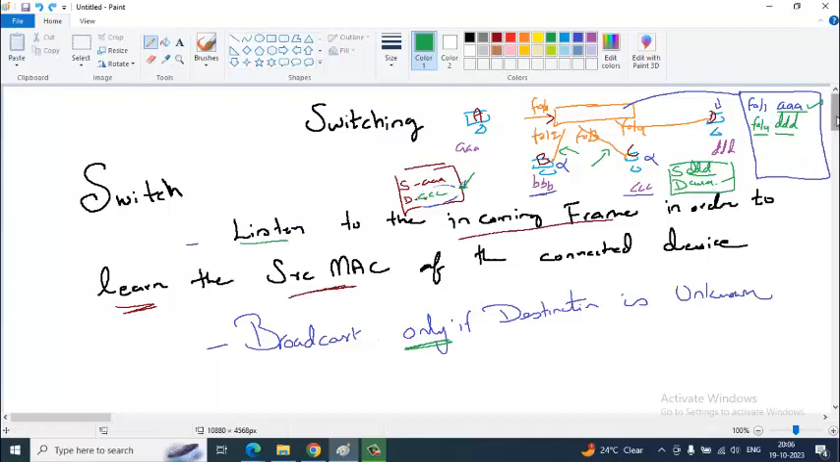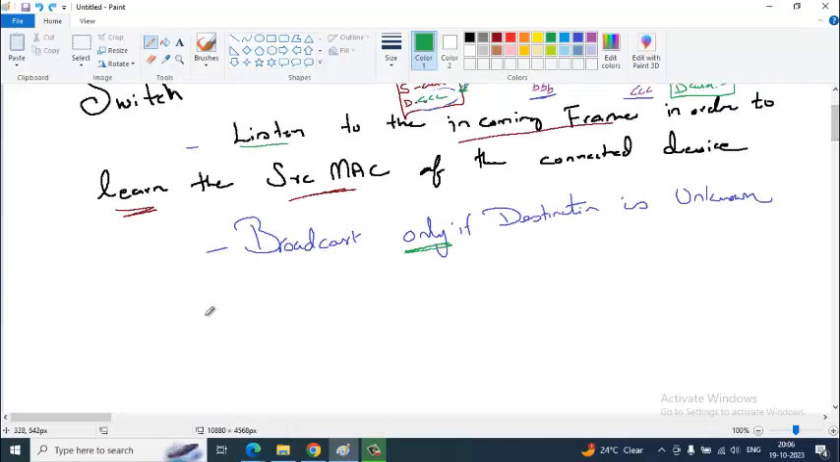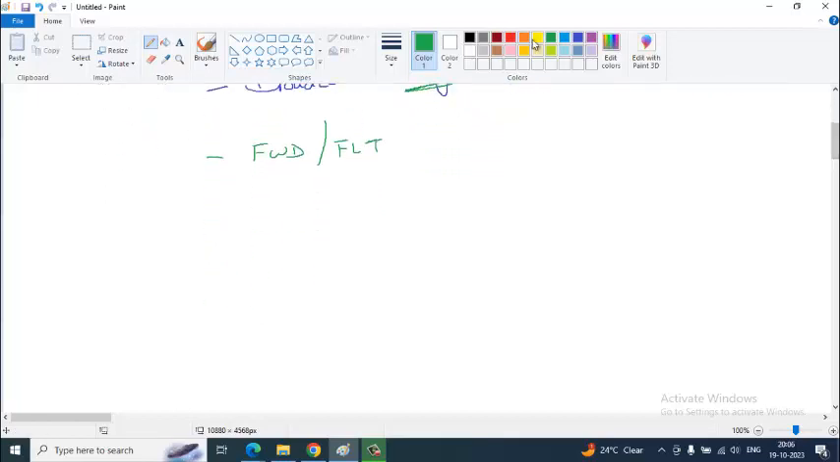Fine. Now, the next thing is switches will do a forwarding and filtering job. When will it do forwarding, and when will it do filtering? Let me show you another picture. I'll draw another picture where we have a switch, and we have another switch,